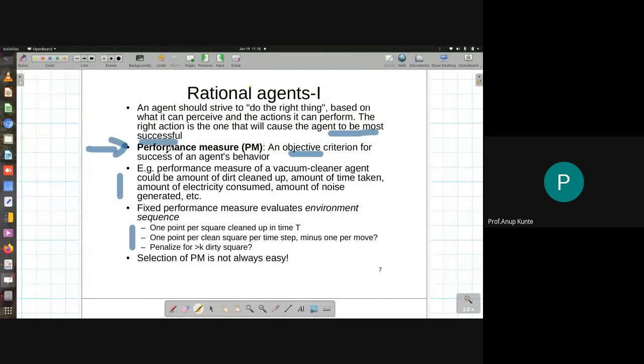So from these English descriptions of performance measures, we are supposed to define some objective or numeric kind of performance measures that can be implemented inside the agent program. Okay, selection of performance measure is not always easy, and that is very important. That depends on the